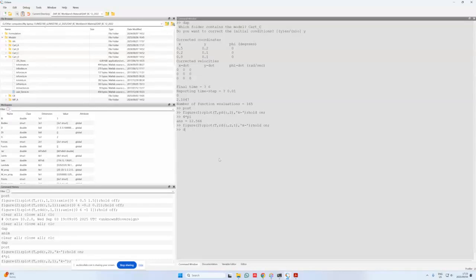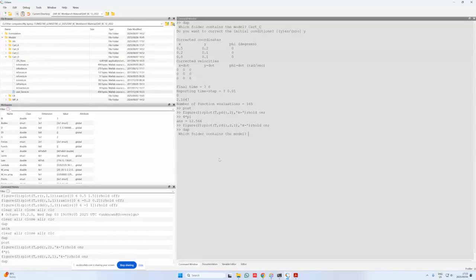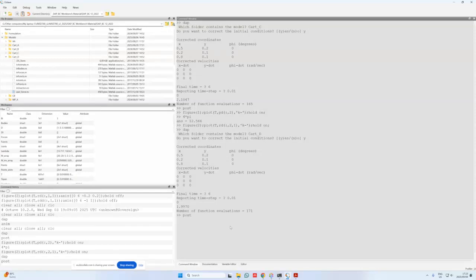Okay, now with that being said, I'm now going to run DAP, which folder contains the model, and now I'm going to run cart D. Yes, I want to correct the initial conditions, still a final time of 6 seconds, and now I'm going to use a reporting time step of 0.01 seconds. Then I can run post,